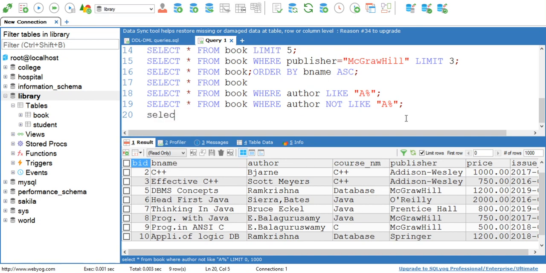You can simply write select star from book where course name like.